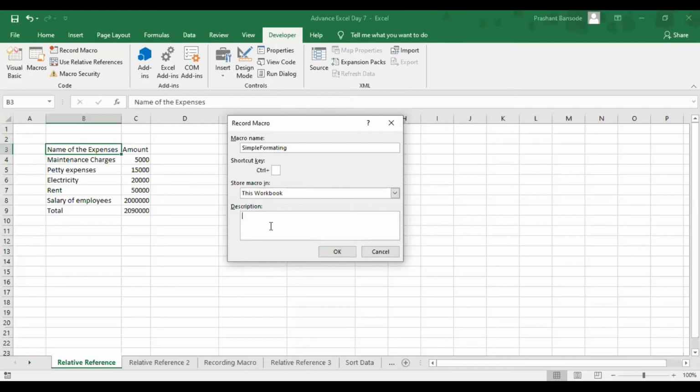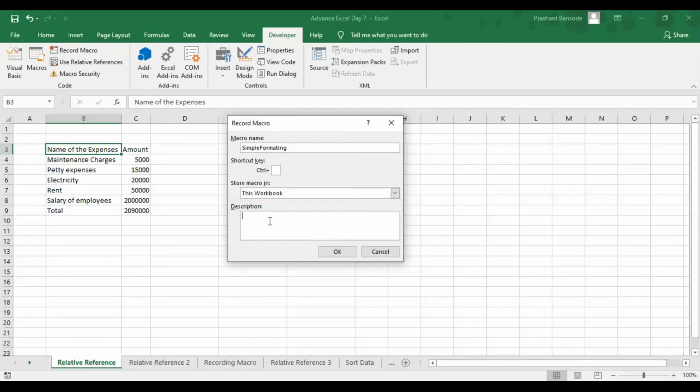Now you can add certain descriptions if you want, if you want to know what exactly this macro does. So you can add some description for your reference, or else you can skip it. For example, you can add a description stating that this is the macro which will do some kind of formatting on this particular sheet or any such report, so that is absolutely fine.